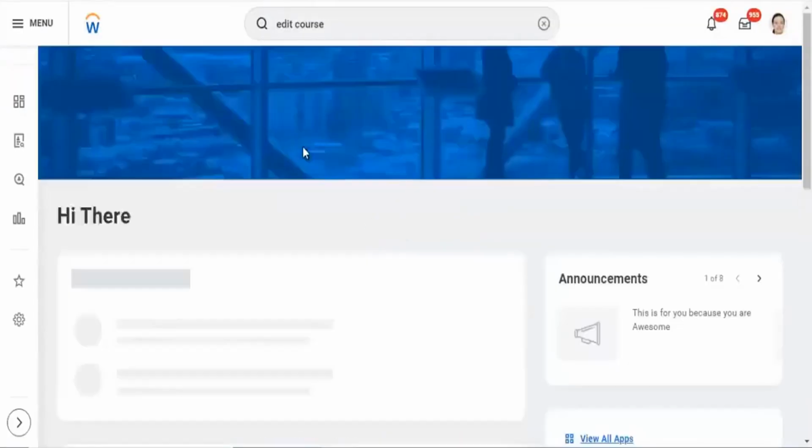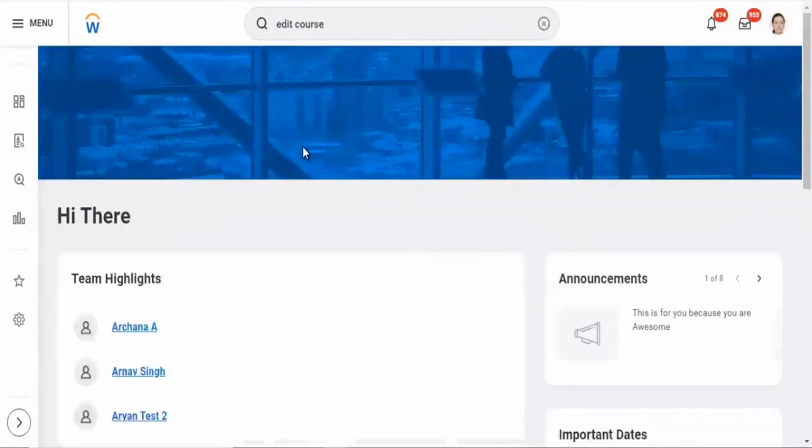Whenever you are in the blended course, you can see the offering. The course offering, generally a blended course, will have multiple schedules. You can schedule training in the morning, in the afternoon, in the evening. Each session is nothing but a different scheduled session. For each session, we can define a waitlist capacity and enrollment capacity.